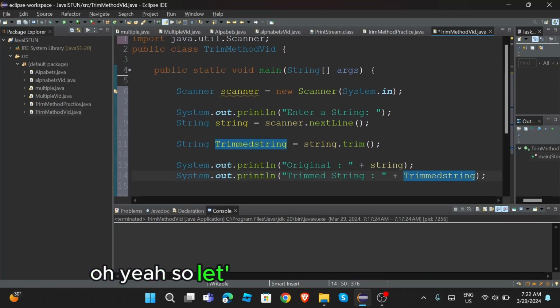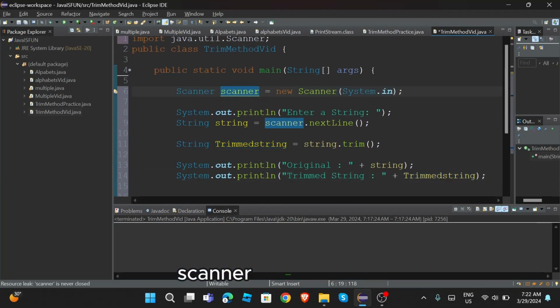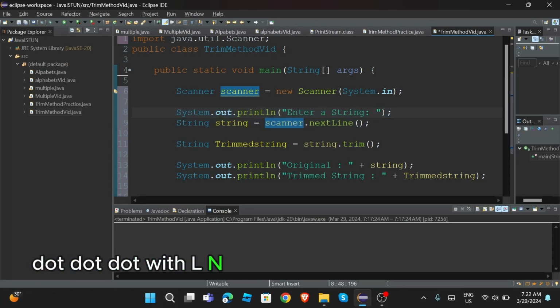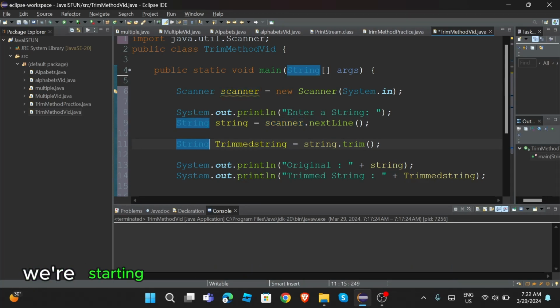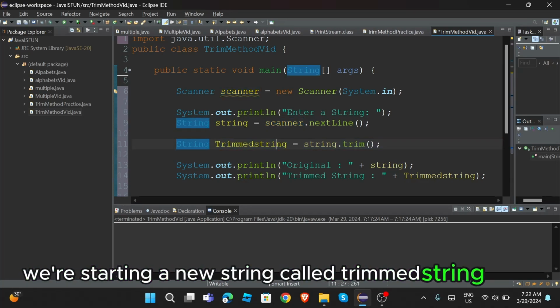So yeah, let's just do the review. Scanner, System.out.println, string is equal to scanner.nextLine, because we are doing it with a string. Now string, we're starting a new string called trimmed string, and then we're